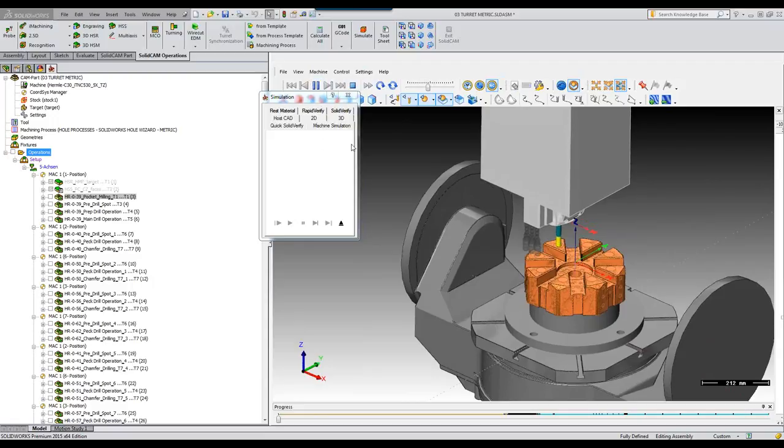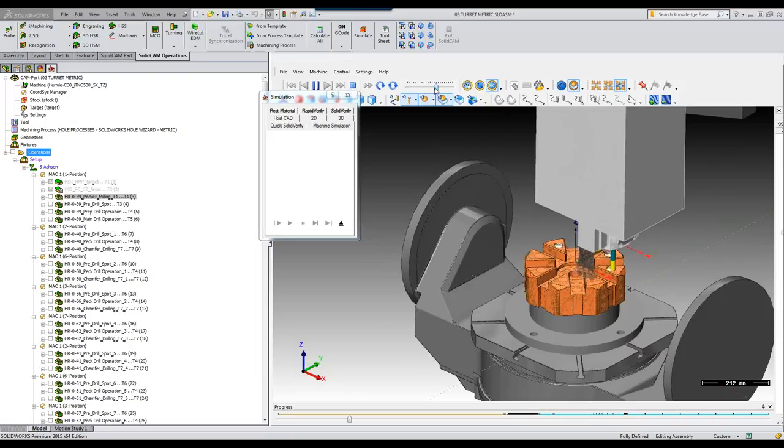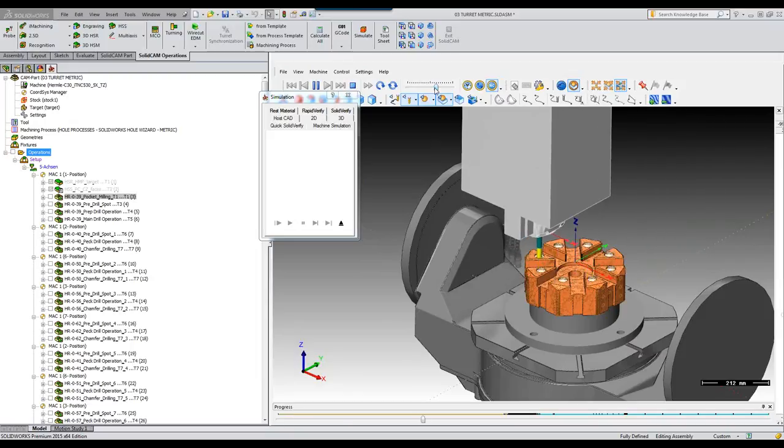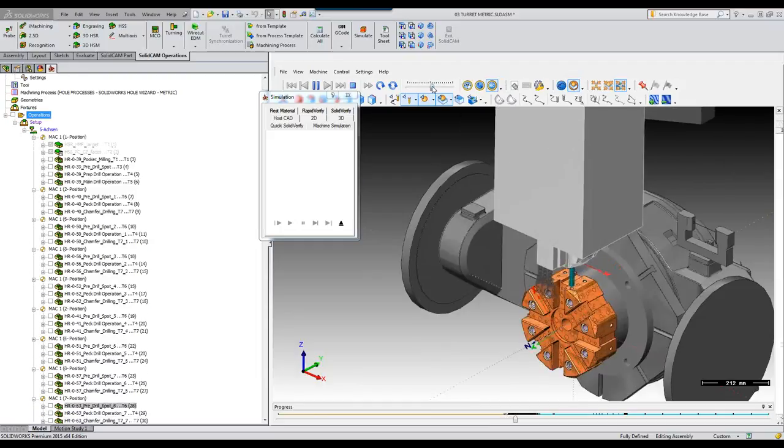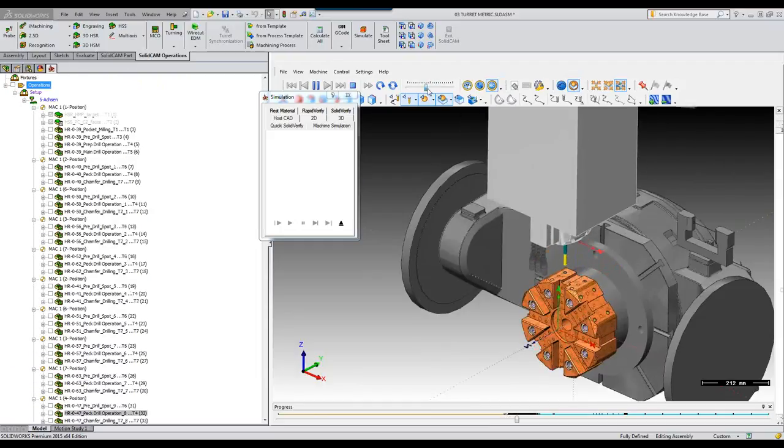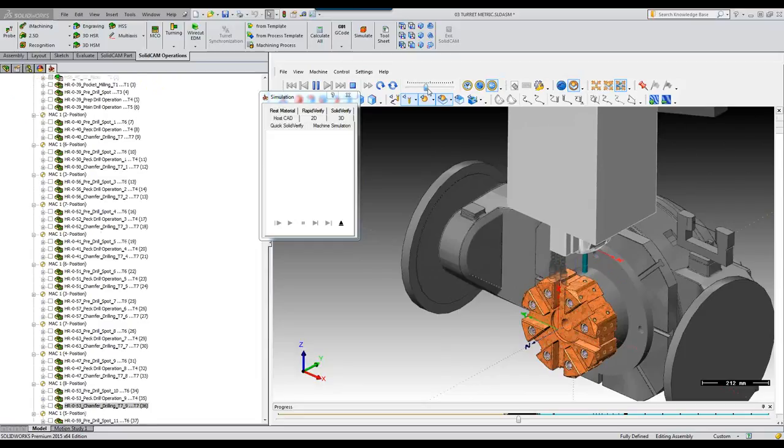You'll note that it's actually going into those holes, actually milling out those holes over there. That's the way this technology was built, to mill out the holes. You see it's milling out all of those holes. It's going to continue drilling. Now it's going to the other side as well. Let me slow it down just a bit so you can see it's actually drilling out all of the holes